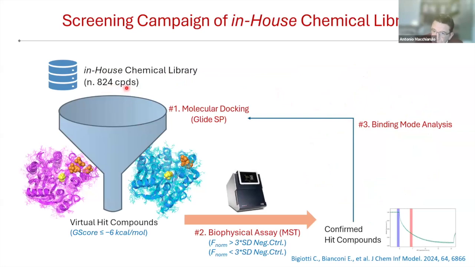These were docked using GLIDE standard precision scoring approach and using as a filtering criterion a G-score of below -6 kilocalories per mole. That means all docking solutions generating for a compound a G-score below -6 kilocalories per mole were